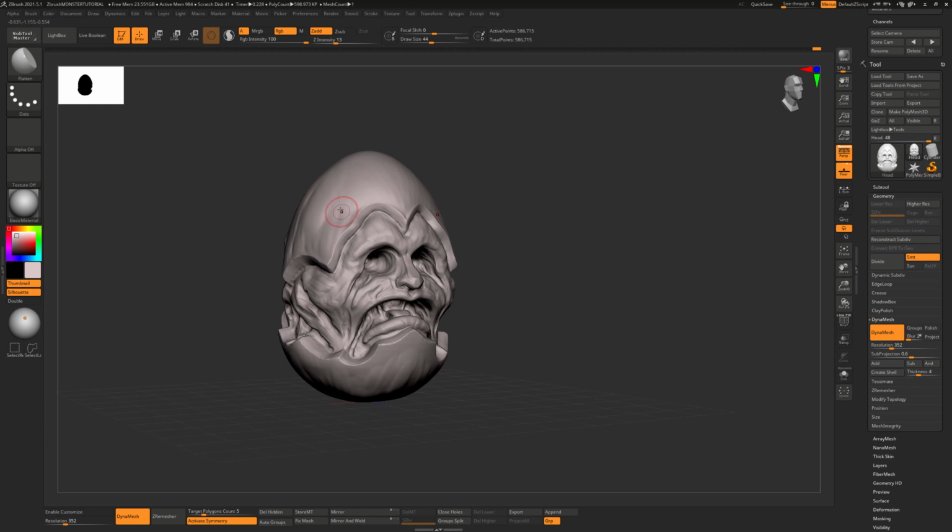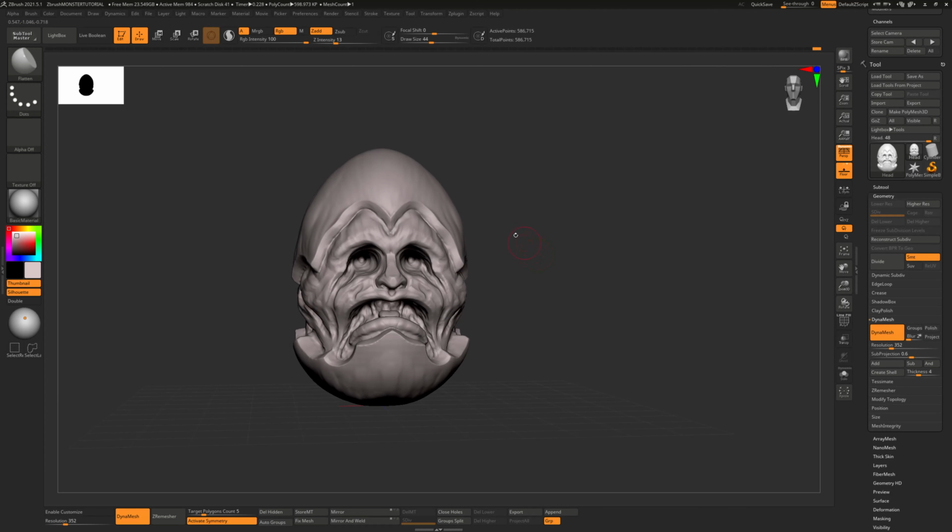We're going to be refining the eggshell in the next video, and then I'm probably going to do 2 or 3 more follow-up videos where we modify this and turn it into a different design that'll be pretty interesting and cool. I don't want to spoil what that would be